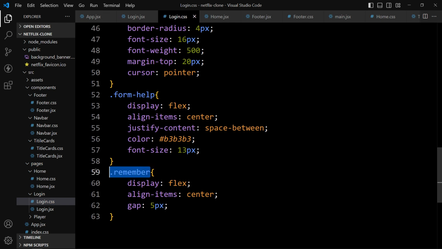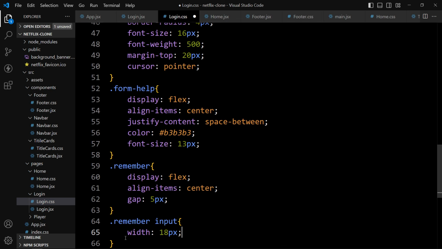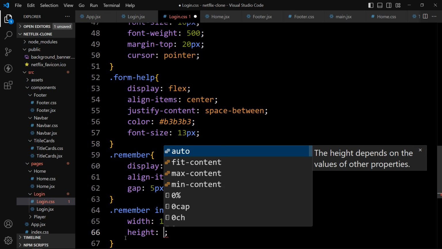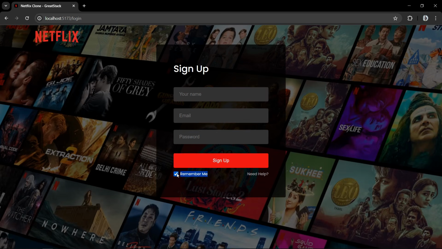Now in this remember we have the input field, that is the checkbox. So for that one we'll add the width and height. So the width will be 18 pixel and height also 18 pixel. Save the changes, open the web page. So you can see this checkbox and this text is looking good.